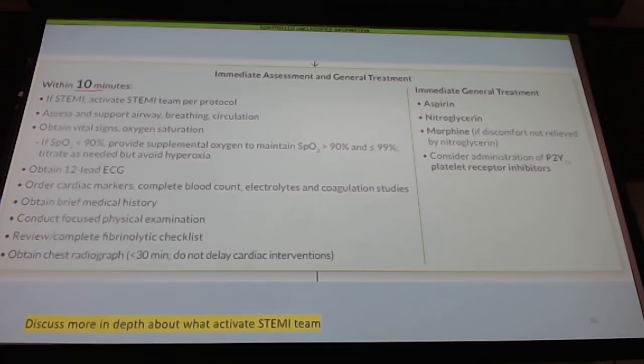How is that activated? Kind of depends on your facility. So it could be you call the operator and tell them that you have a STEMI in the emergency room, and then they go out over the intercom system over the hospital and do that STEMI alert. Some facilities may have a button that you push that activates the STEMI alert, similar to the code blue buttons that you'll see in patient rooms. So it kind of depends.